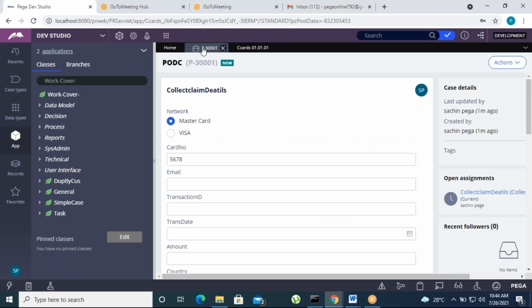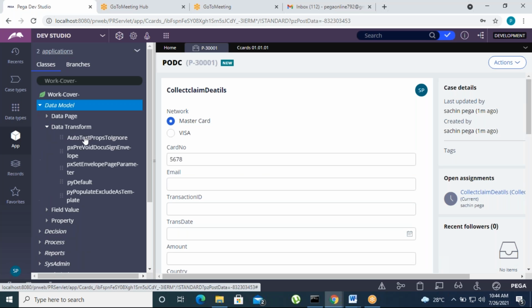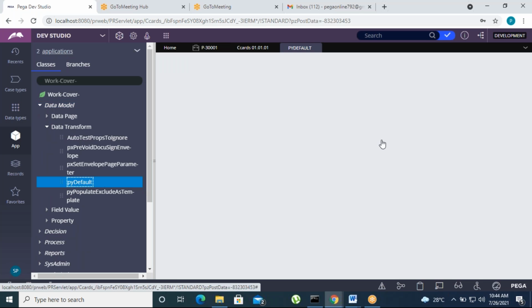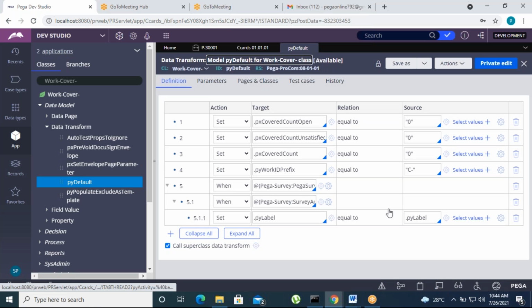Suppose you go to the work class's data model and data transform, the Py default data transform here. See, pyWorkIDPrefix is C dash, in double quotes, C dash.